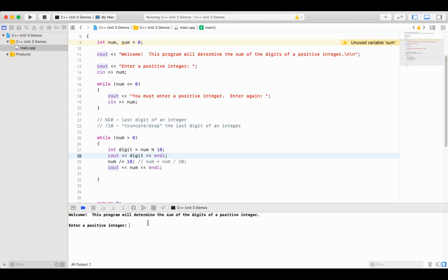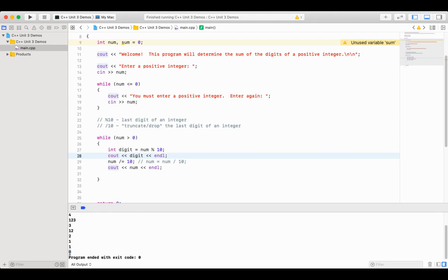Okay, so I'm going to follow directions this time and do 1, 2, 3, 4. So what I should see is at each step, the last digit of 1, 2, 3, 4, and then it should drop that last digit and repeat. So let's see. Okay, so first step, it does grab the 4, and then when it does divide by 10, it drops the 4 and truncates to 1, 2, 3. Next step, it grabs the 3, and then the divide by 10 will truncate and drop that last digit to get 12. Then it grabs the 2,